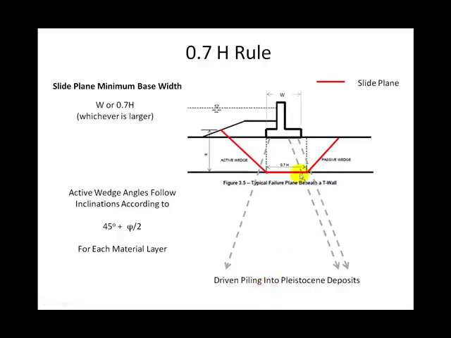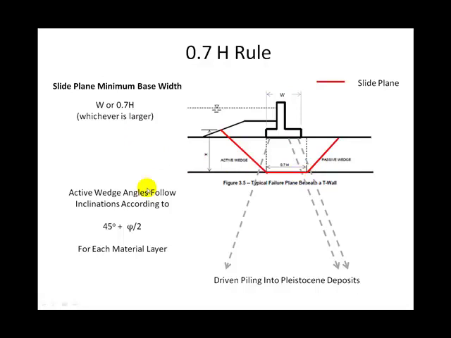This figure demonstrates the geometry that's used in determining the 7/10 H rule. We've identified the width of the foundation of the T-wall with W and the height of the daylight location above the critical slide plane with H. And essentially the 7/10 H rule is either W, the minimum width of the footing, or 7/10 H above the